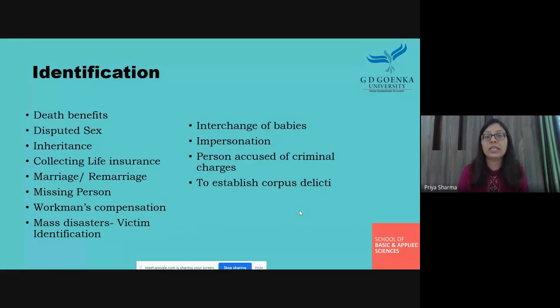Nowadays there are cases where someone may steal the ID card of a person. In that case, we need to find out the identity. In forensic science, the most important thing is to establish the corpus delicti. Corpus delicti basically refers to the body of the crime. It means that in order to establish that a particular crime has occurred, there should be a dead body, there should be a weapon of the crime, and we need to find out which particular person has been murdered. So for that person, we need to establish the identity.